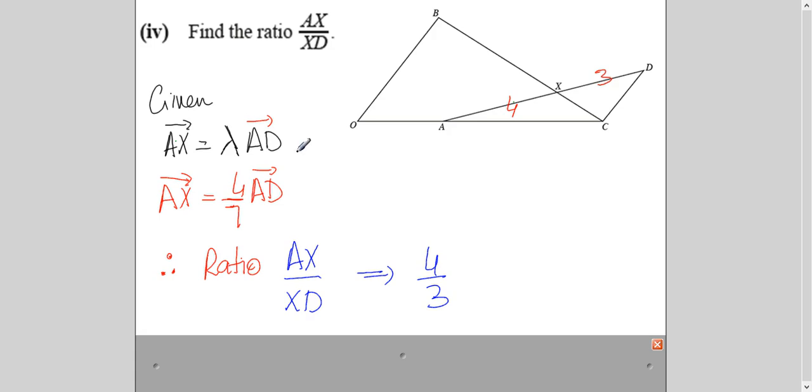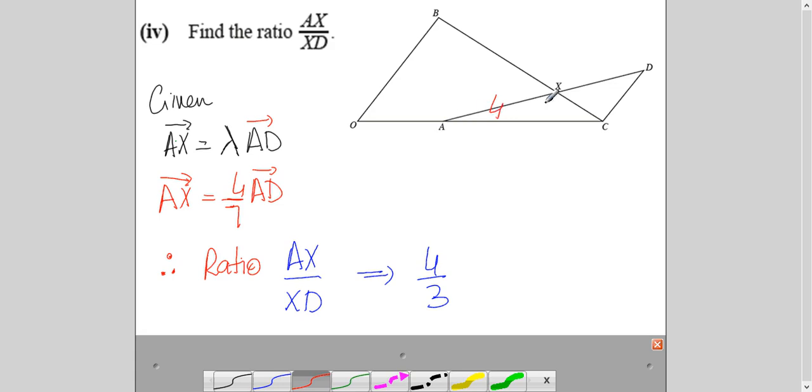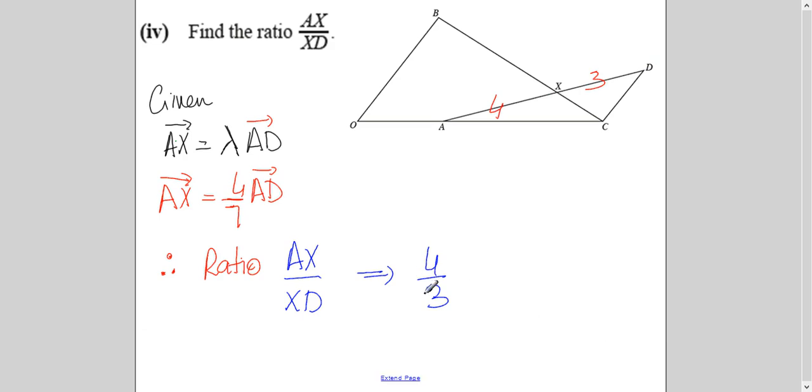So I'm repeating in case you have gotten confused here, because this was not given to you in the question, right? You have only found the value of lambda in the previous part, and this relation is given to you in the question. So that's why you are filling it up, that your AX is 4 parts, and this whole is 7 parts from here. So this is 3. This is how we are completing the ratios.